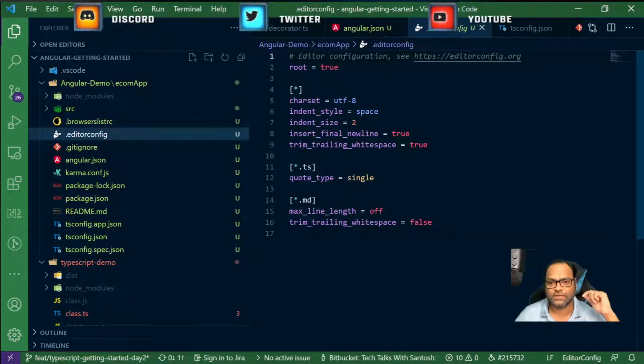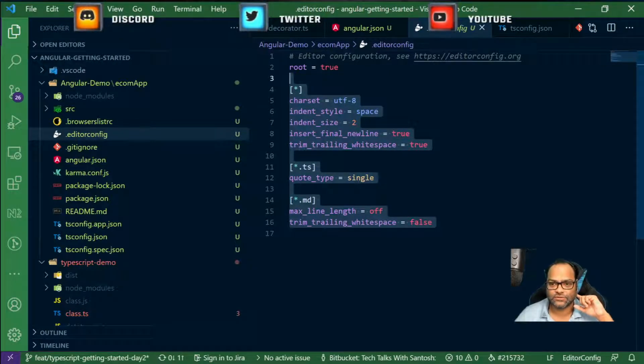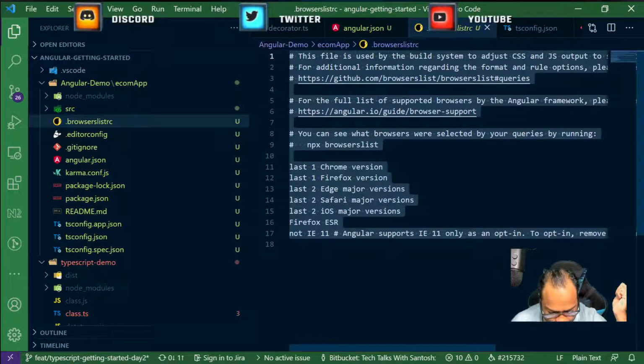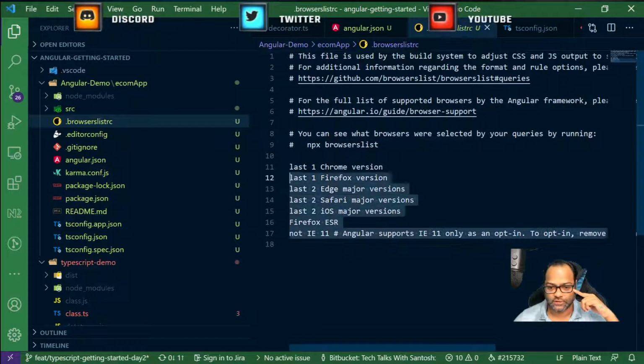Editor config is a common editor configuration file. In case you want to bring some configurations from your favorite editors, you can do it by using editor config. And browserslistrc is where you can define which browsers you want to support. These are the defaults.